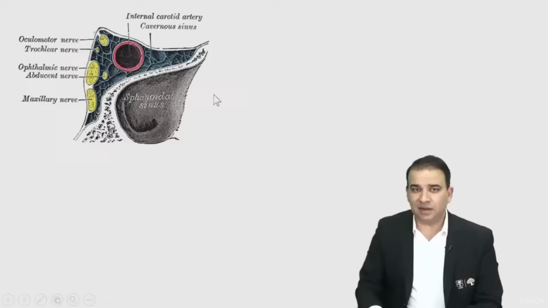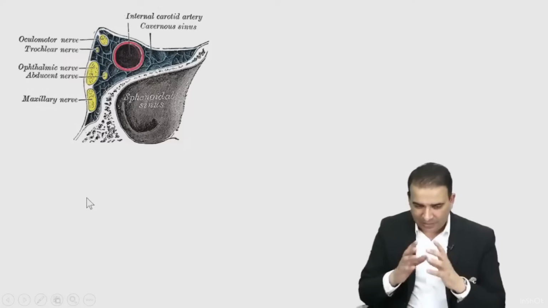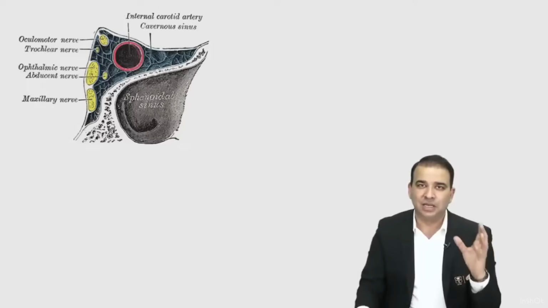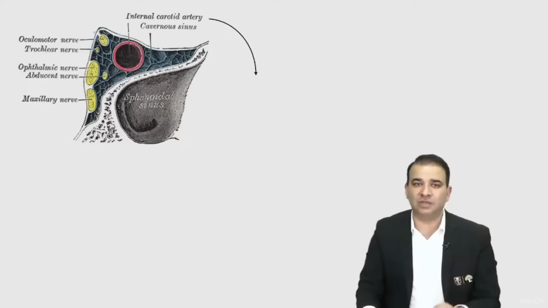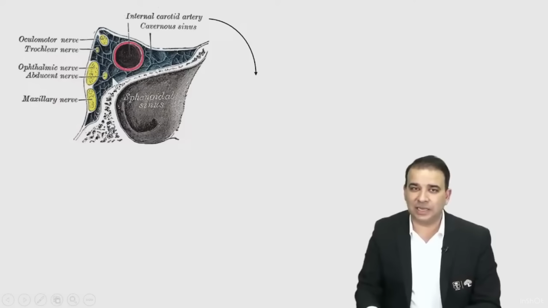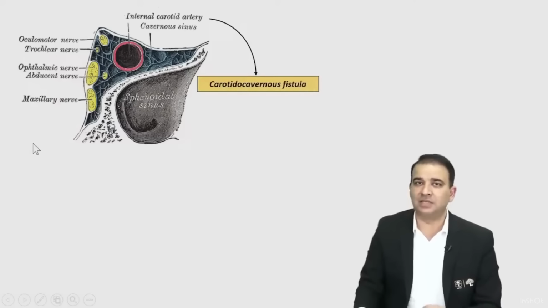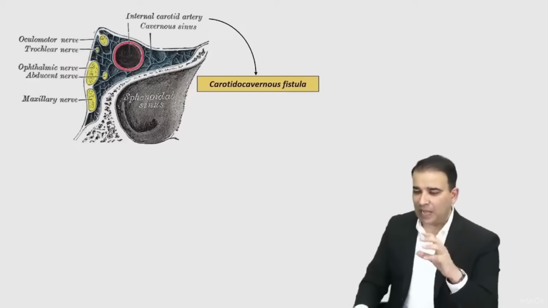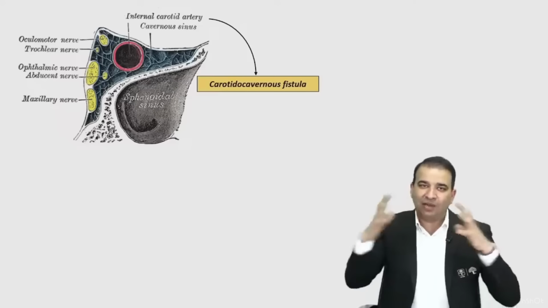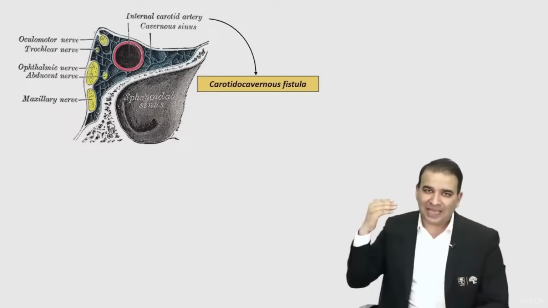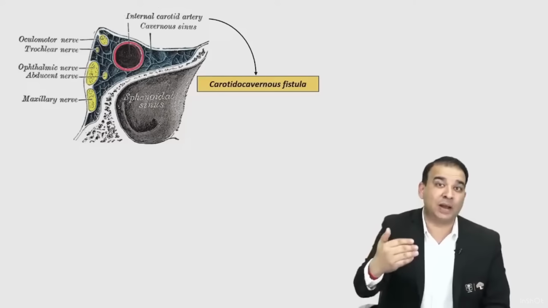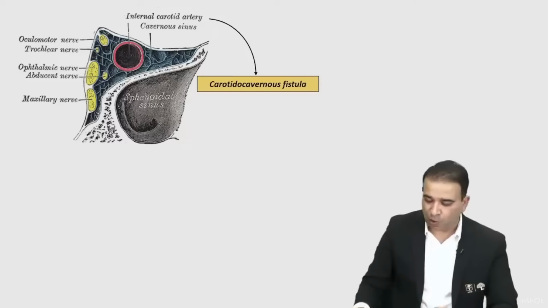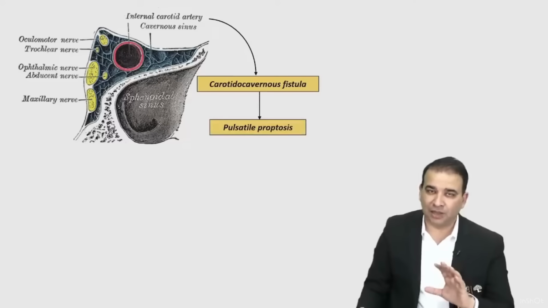Now, the internal carotid artery is inside the cavernous sinus. Let's say there is an aneurysm of the internal carotid artery and the aneurysm ruptures. Then there obviously will be a communication between the internal carotid artery and the cavernous sinus, and that is a carotico-cavernous fistula. Now, in a carotico-cavernous fistula, what will happen, guys? When the internal carotid artery pulsates, pura cavernous sinus pulsate karega. And because the anterior relation of the cavernous sinus is the superior orbital fissure, the cavernous sinus will push the content of the orbit